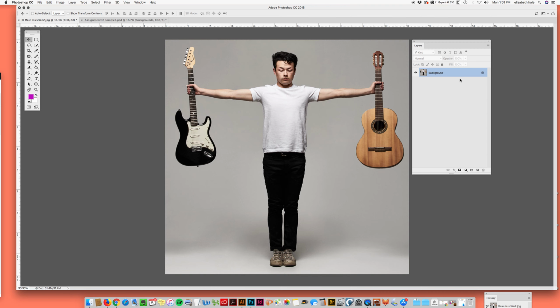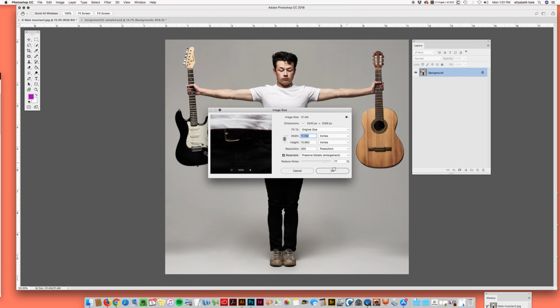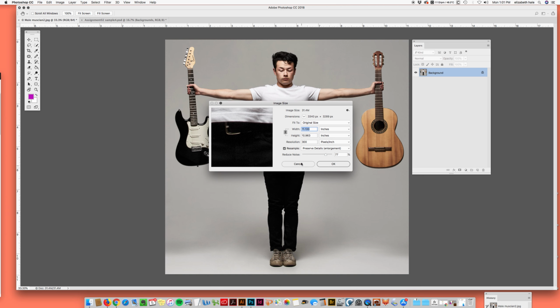And we are going to immediately go to image size, so Command Option I or Control Alt I on Windows. As we open it up, the resolution is already 300, which is fantastic. So if this is the way yours looks, it's 300. You want to click Resample. Now we only go to Resample once the resolution is at 300. If it was not at 300, we would unclick Resample rather and change it, and then come back and click it back on once it's at